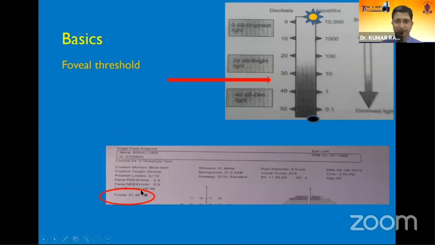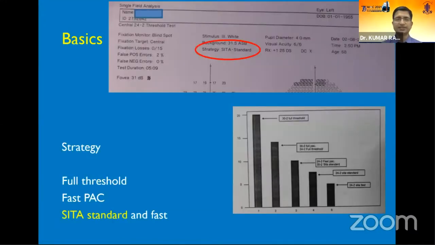Normally, we have foveal threshold values given here. The machine gives light in the range of 0 decibel to 50, 0 being the brightest and 50 being the dimmest. In a normal patient, he is able to recognize light by around 30 to 36 decibels. If the patient's threshold values are low, that means there might be some problem in the foveal region. There are various statistical analyses available in the system. Most commonly used is SITA Standard because it gives, within around 5 to 6 minutes, a reasonable amount of data, which is enough for future comparisons.